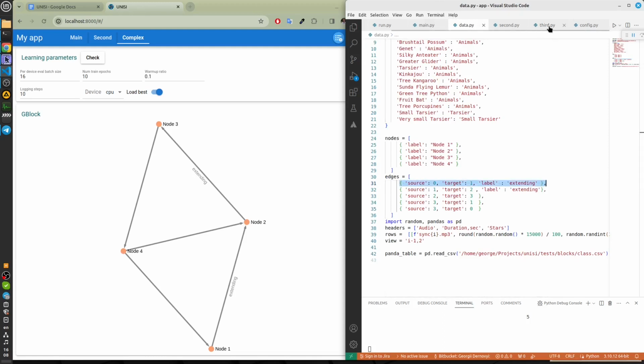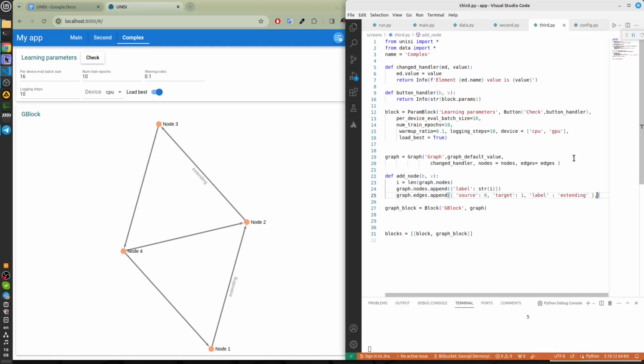Copy and paste. The source is a new index. Target is 1. Let it be 1. And label is new. And we have to return the updated graph.